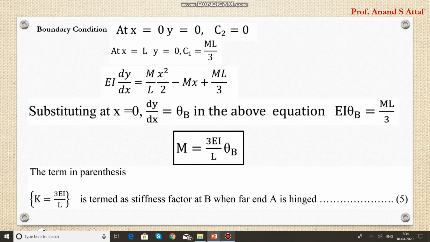So solving with these boundary conditions and substituting x = 0, dy/dx is nothing but theta B. We get the equation EI theta B = ML/3. And if we write it in the form of force, M = (3EI/L) theta B. The term in parenthesis, again, is said to be